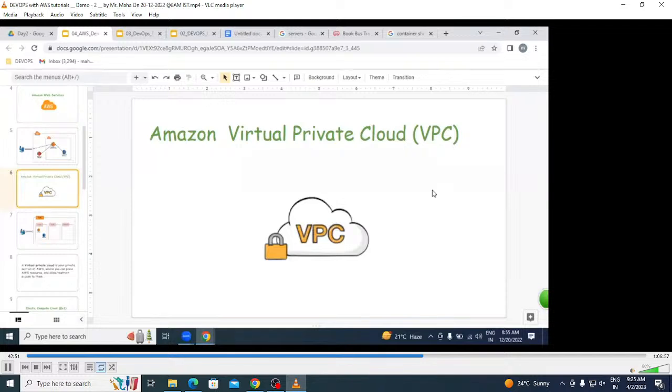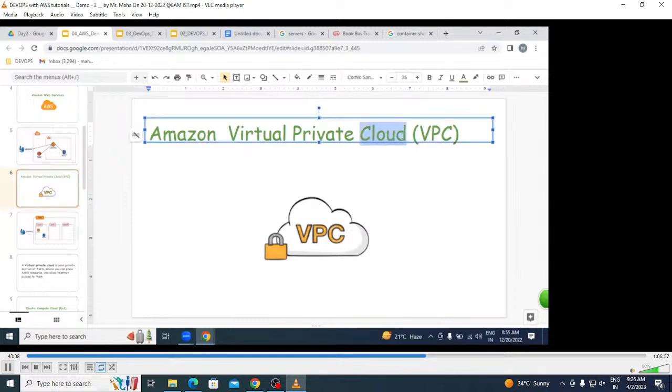Connecting computers with an internet cable, that is what we call a physical network. The same kind of network we are going to get from the cloud. The cloud in a virtual form is nothing but a VPC. I'll repeat this. We are going to get an isolated,